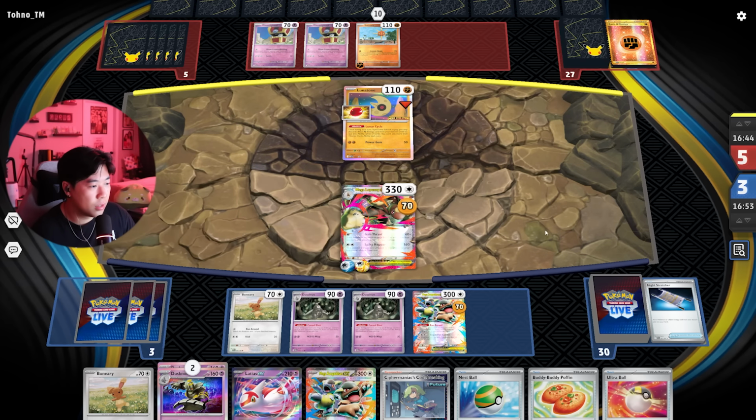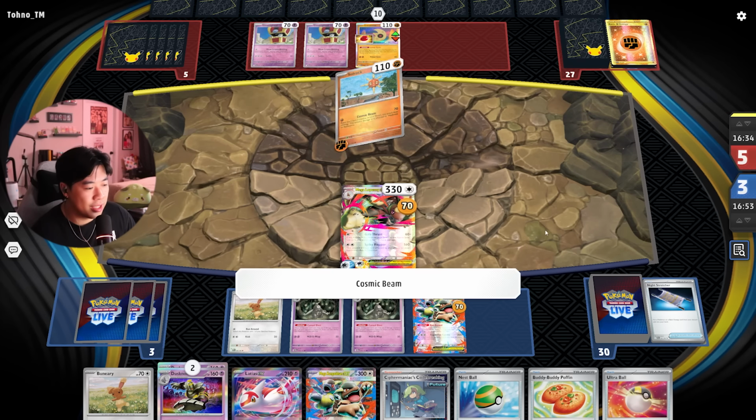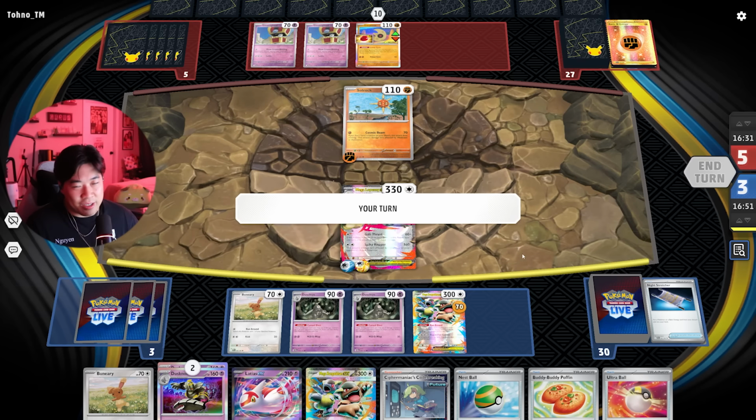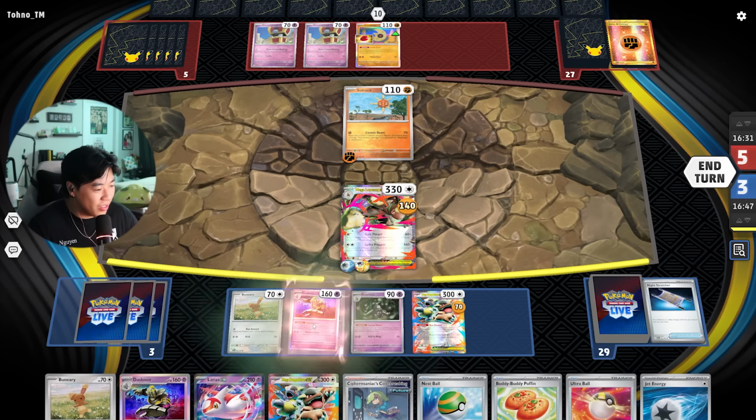All right, just... Oh, they have Air Balloon. So they're just going to punch me for another 70 here. Yeah, with no Iono, this is our game in the bag. We're playing against a Gholdengo deck, and I don't think... Yeah, they did not put down a single Gholdengo, so...